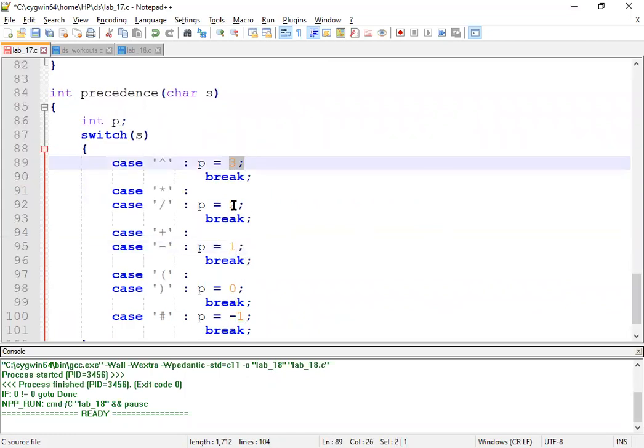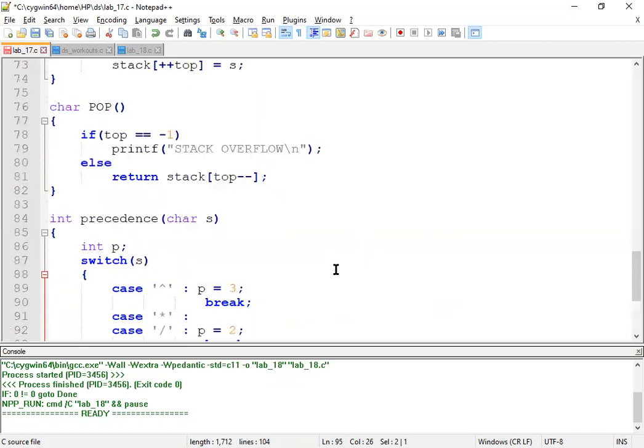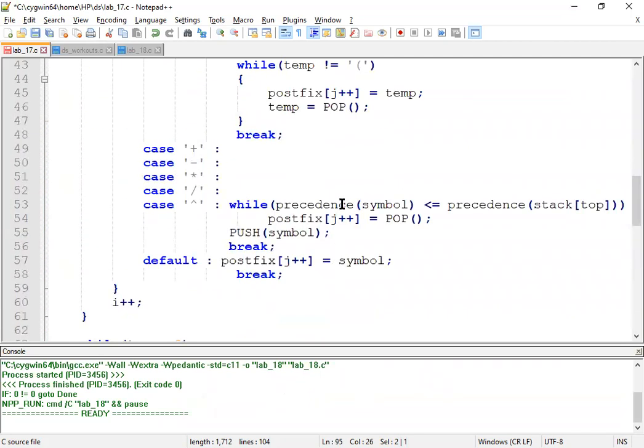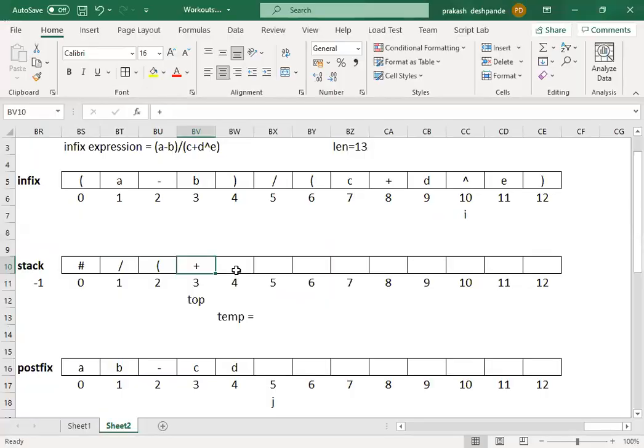So 3 less than or equal to 1 will be compared in the while condition, and the condition becomes false. So this will not get executed. Then the next statement, push, will be executed. Push the symbol which we scanned, that is, the power operator. Now the power operator will be pushed onto the stack.